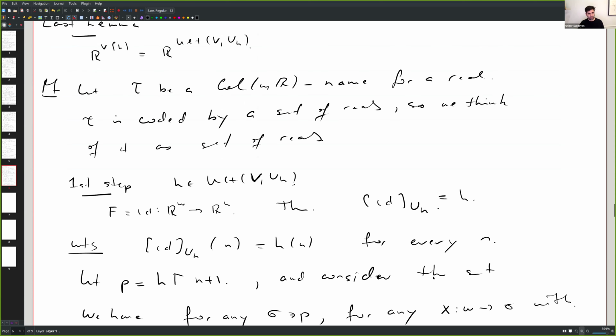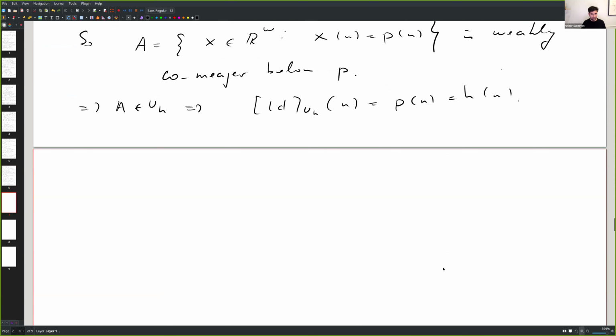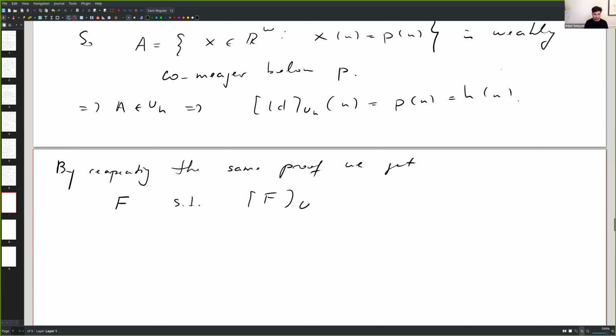Okay, but then if you soup up the same thing, by essentially the same proof, we get F such that... Okay, so how would you do that? Well, you want to look at tau, it's a name, right? So consider...